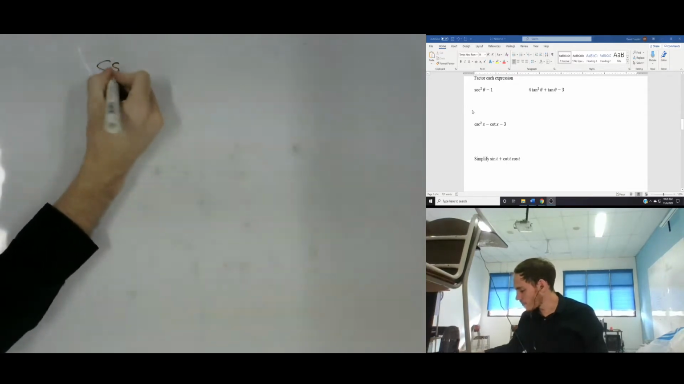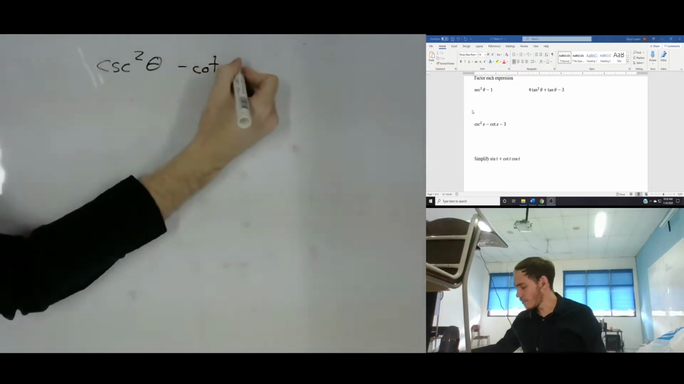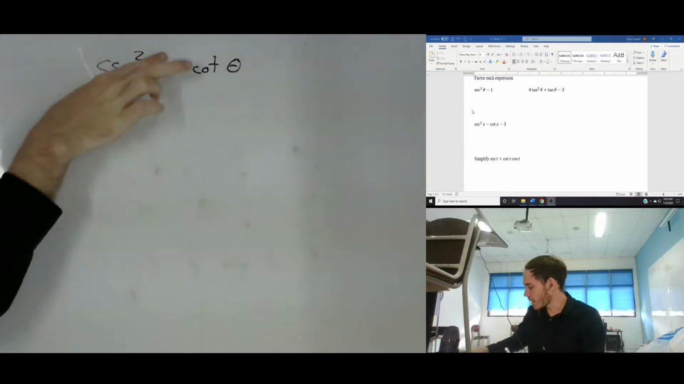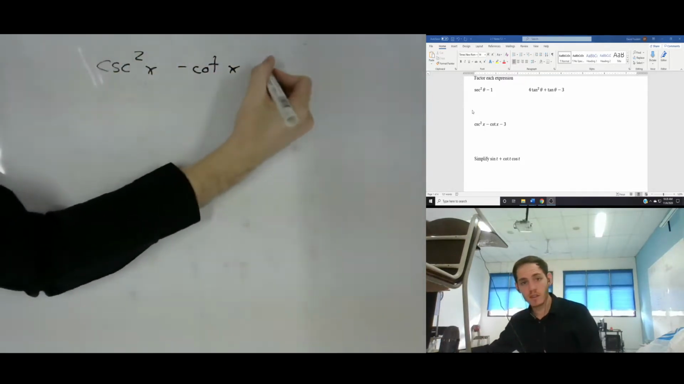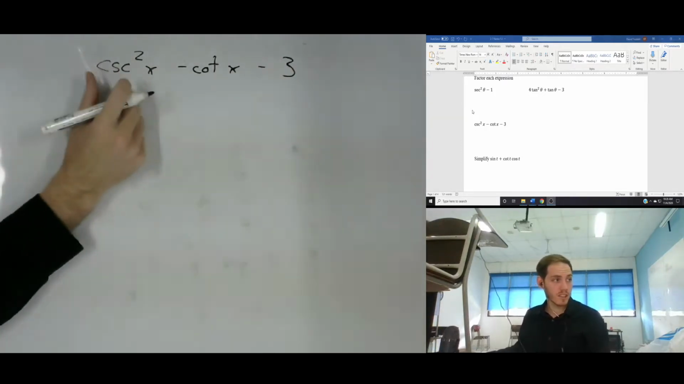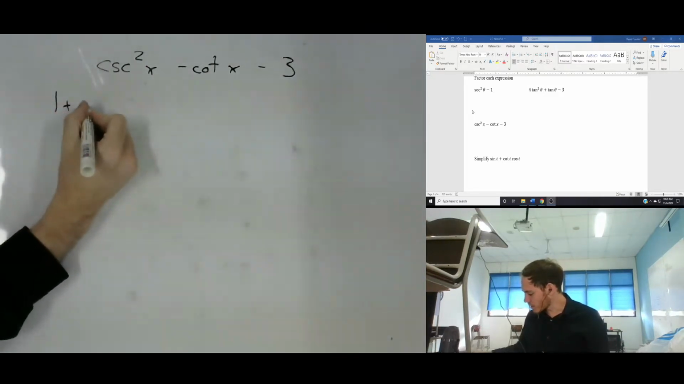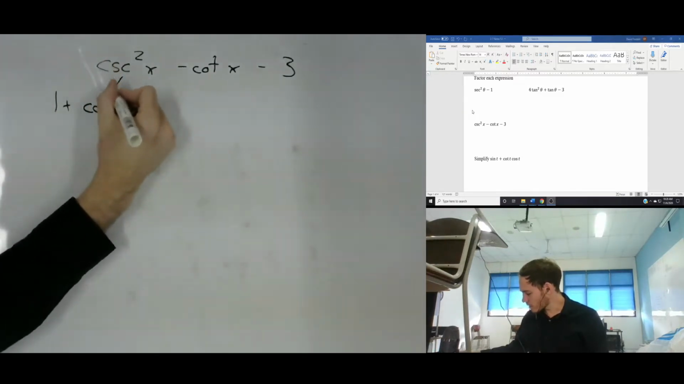Okay, welcome back. We're going to factor, and I'm going to probably go through this quicker. Sorry, this is x, not theta. Doesn't actually matter, but if they were different, it would matter. Okay, now first step is notice that these two are different. So we're actually going to use the Pythagorean identity to get 1 plus cotangent squared x for this,